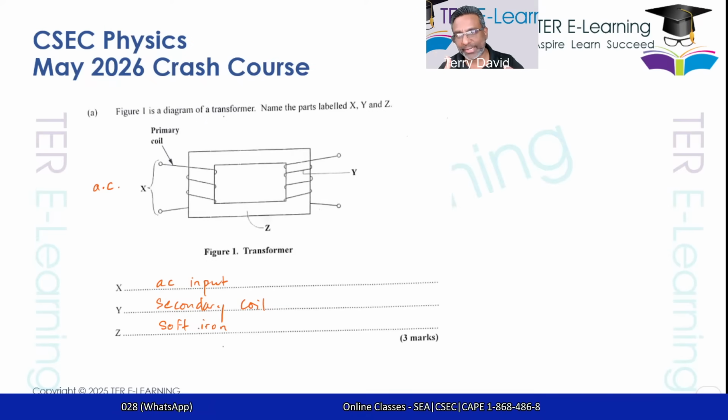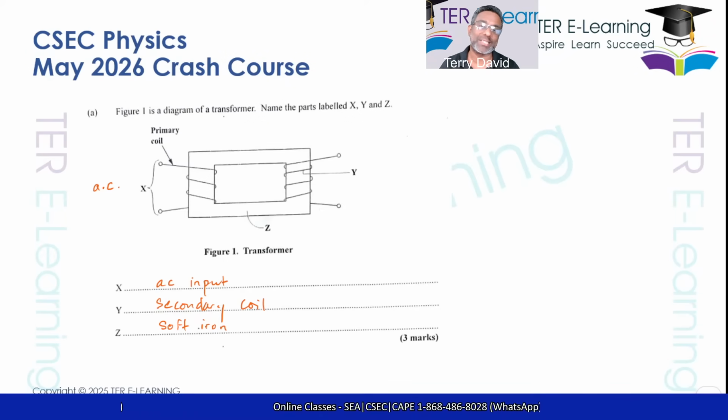So because the secondary coil is in a changing magnetic field, an EMF is induced in the secondary coil. So these are questions they can ask you regarding a transformer. The other thing they can ask you regarding a transformer: how do we design a